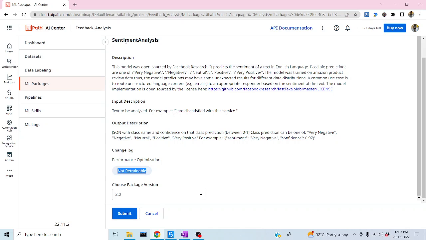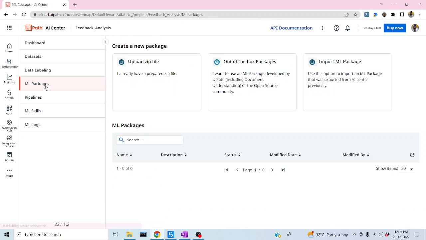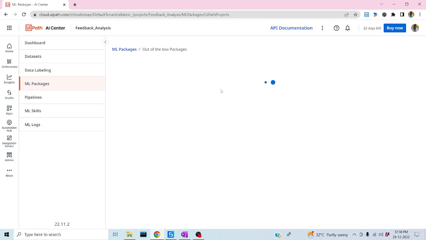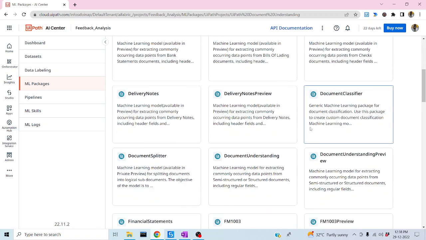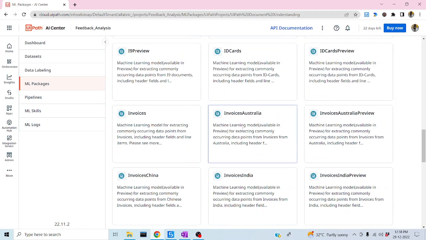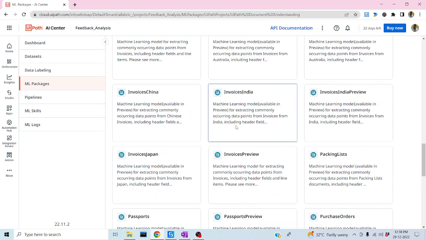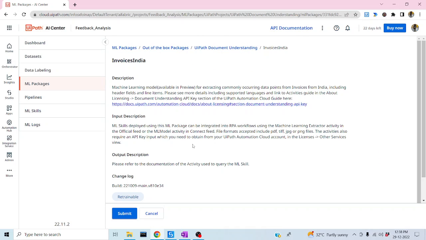Let me pick some other trainable models. Let me go to the UiPath Document Understanding. Here you can see so many models, such as Invoice India. Let's take this one. Here you can see it's a trainable model. Why is it trainable? In India, the invoice may come in different kinds of formats. If you want to train on your invoices particularly, you can keep that data